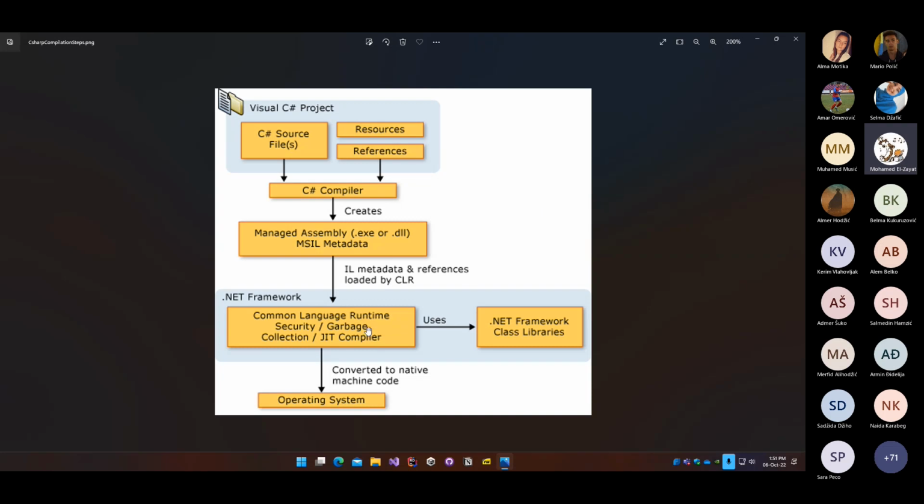So let's see. The common language runtime will grab your intermediate language and simply execute stuff one by one, line by line. You have something called the JIT, which is the just-in-time compiler, which is an interesting concept. So what happens is,